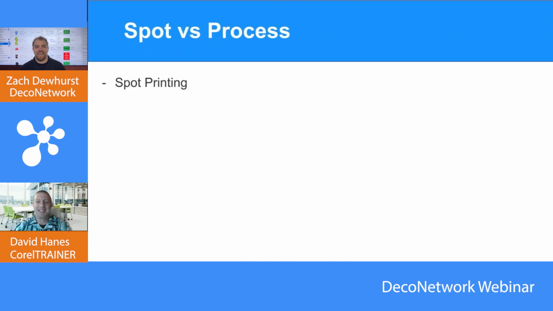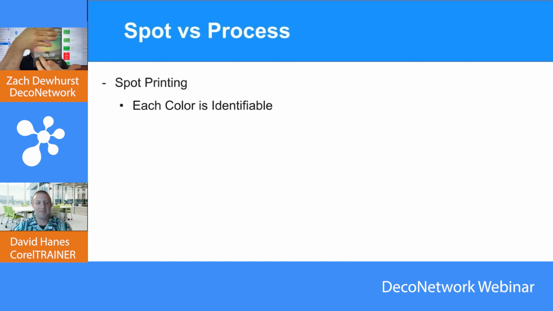And this leads us straight into spot printing versus process printing. So with spot printing, every piece of artwork in a design is easily identifiable. So even just my logo here, one color, two colors. It's extremely simple to identify them. Look at the spot one, two. And then we have,